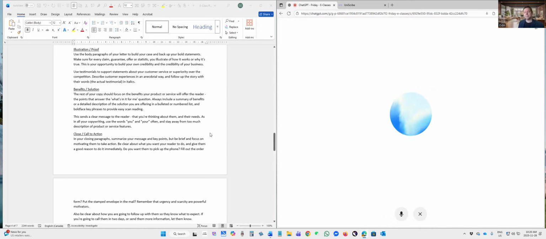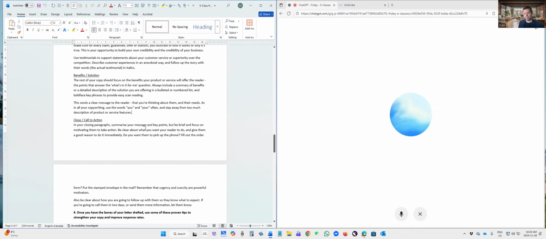D. Benefit solution. The rest of your copy should focus on the benefits your product or service will offer the reader, the points that answer the what's in it for me question. Always include a summary of benefits or a detailed description of the solution you're offering in a bulleted or numbered list, and boldface key phrases to provide easy scan reading. This sends a clear message to the reader that you're thinking about them and their needs. As in all your copywriting, use the words you and your often, and stay away from too much description of product or service features. E. Close, call to action. In your closing paragraph,